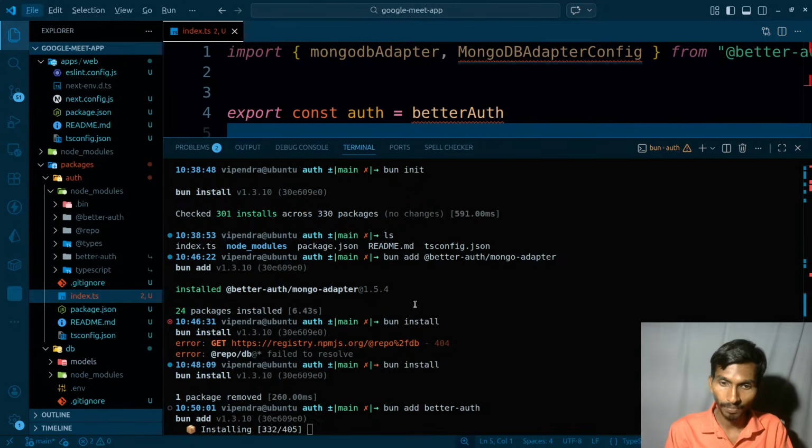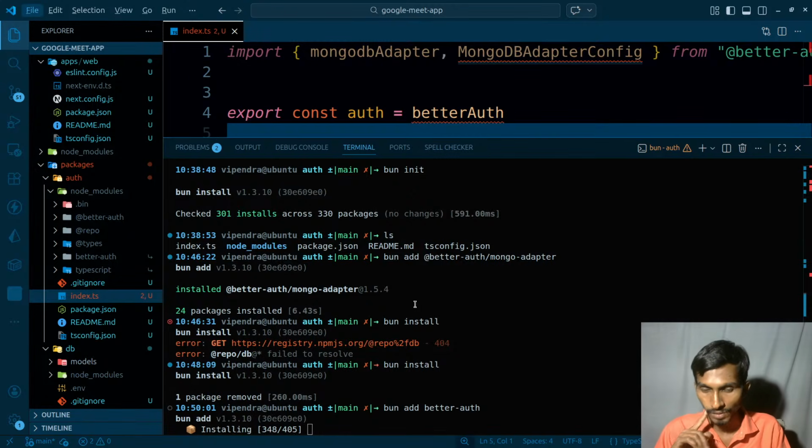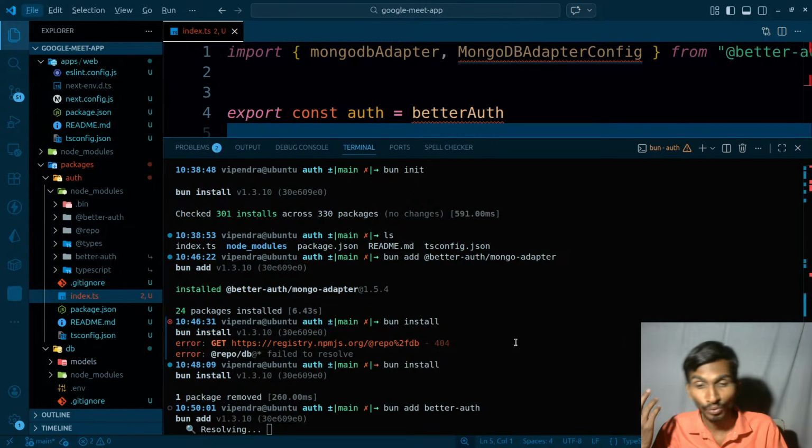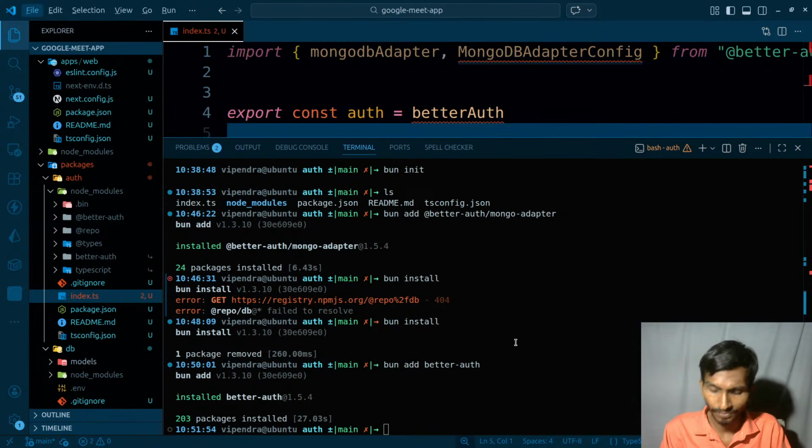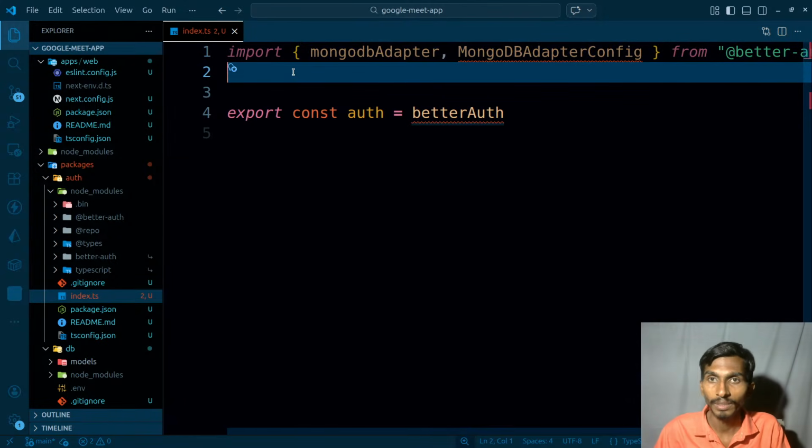Taking quite a lot of time. Okay, let's see how long it's going to take. Hopefully it's going to be done quite quick. Once it's done, I will install that and just go ahead, simply doing nothing but following the documentation, taking the help of AI a bit to simply understand